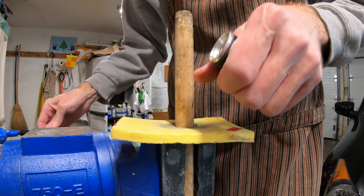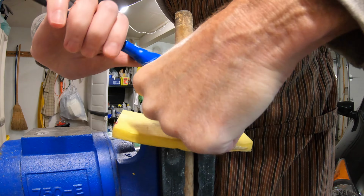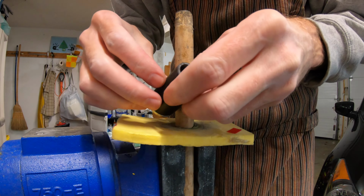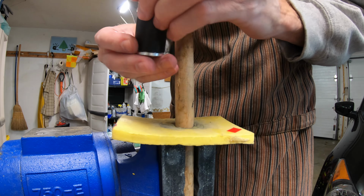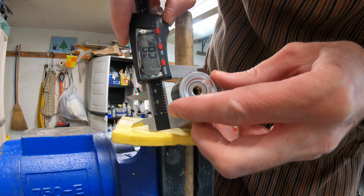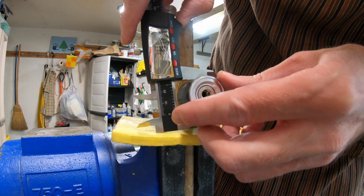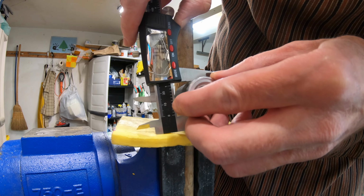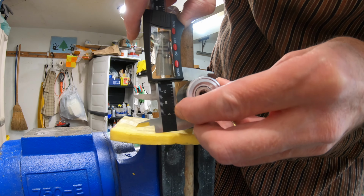Put this in, crank, and see if it gets any fatter. That is as hard as I can do it without twisting in my hand. And if you look at it from the bottom, it's going to look better. But is it really? Put this in the middle. Okay. 28.8, 28.7, 28.6, 28.5, 28.35. Let's see this again. 28.4, 6, 7. I'm going to go ahead and say that there's not a whole lot of perceptible